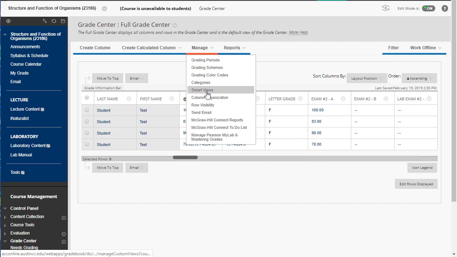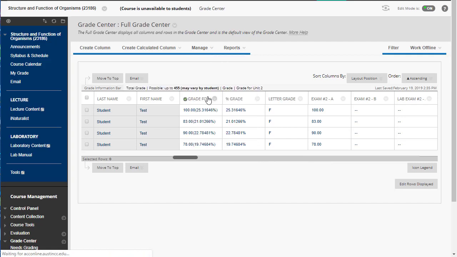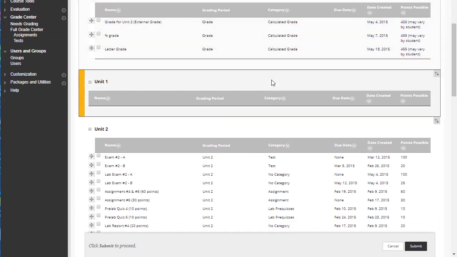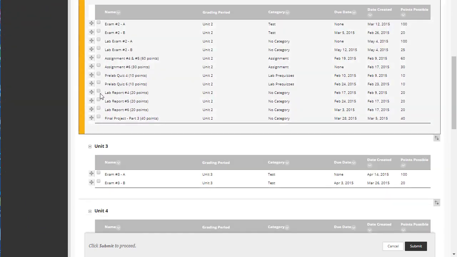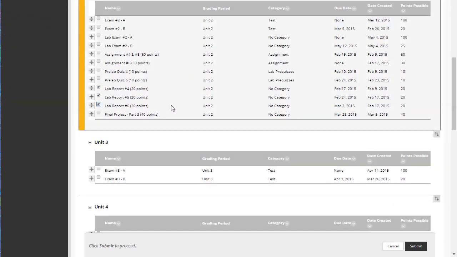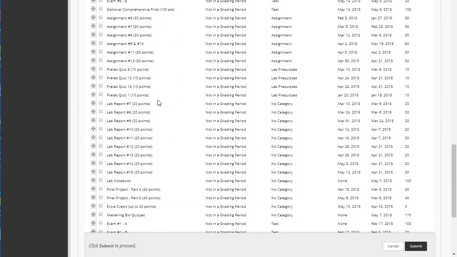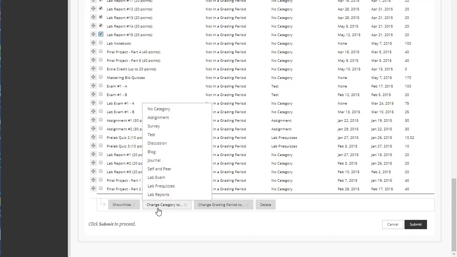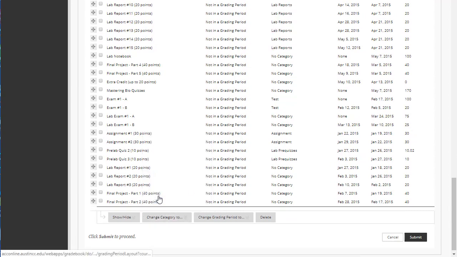Let's go back to column organization. And I'm going to take my lab reports. I'm going to find all the lab reports in this column organization and click on them. You'll notice right now they have no category. And going down to the bottom, I change the category to lab reports. Okay, now that I've done that,